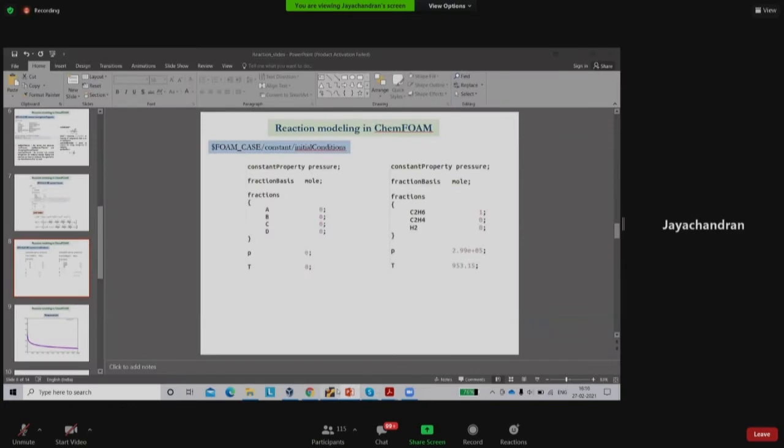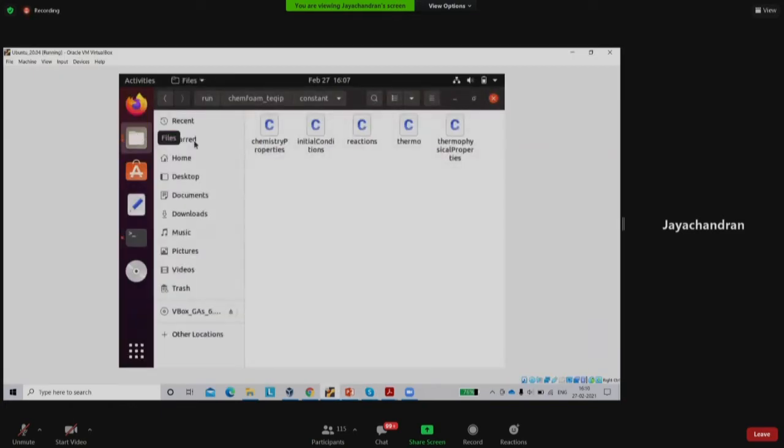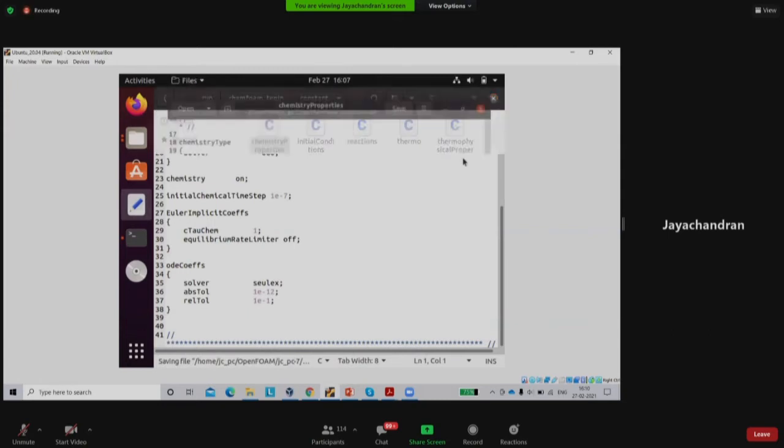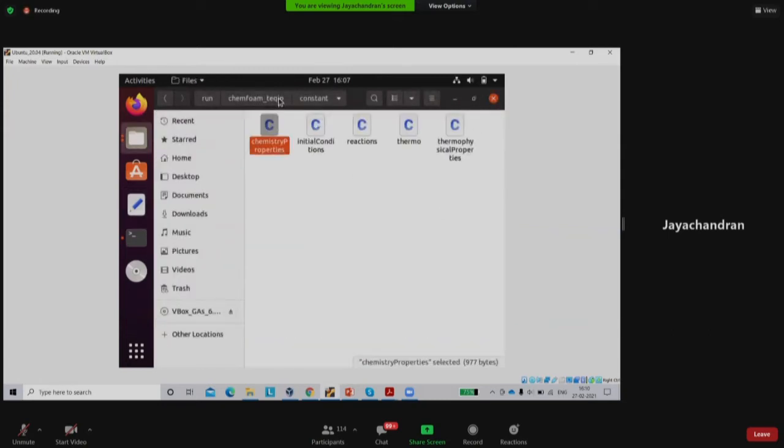Okay, fine. So basically, these are the important files that have to be edited, four actually, including the initial conditions, in a chemistry solver in OpenFOAM. Coming to the chemistry properties file, here we define the solver specifications. As I have said, the system of ODEs that we are solving is the concentration of different species, enthalpy, and the equation of state. That is defined here. You don't have to change anything here unless your particular problem demands it.